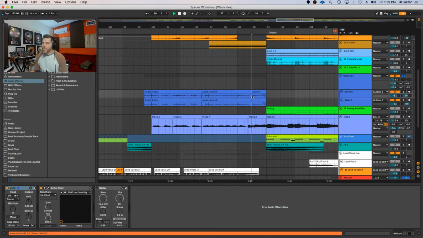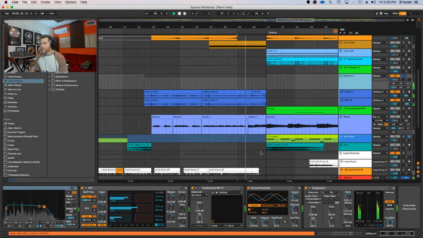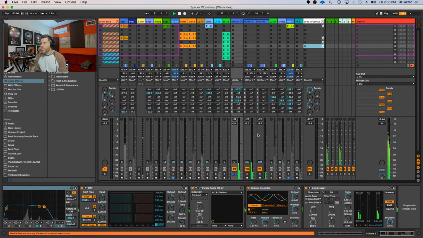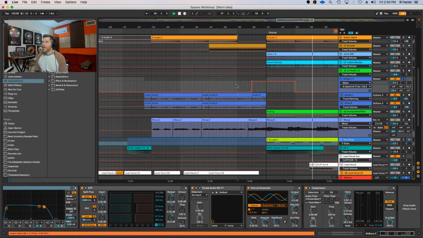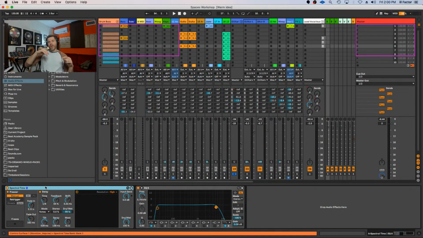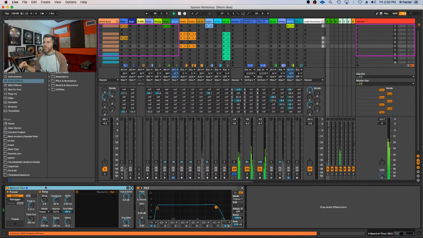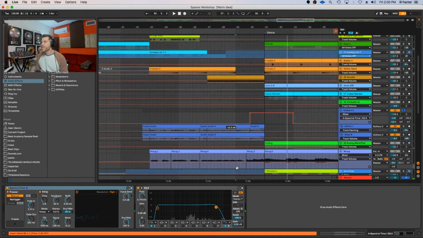And so at the end of these, okay, play. The reason why I'm starting here is because this all plays a role. So what I've got going on is I am automating that delay on return track A. And that spectral time delay that I told you about earlier, it doesn't just make a delay, it causes all these resonances to happen, and it gives all these cool little glittery things. So I've got that on the last note there.